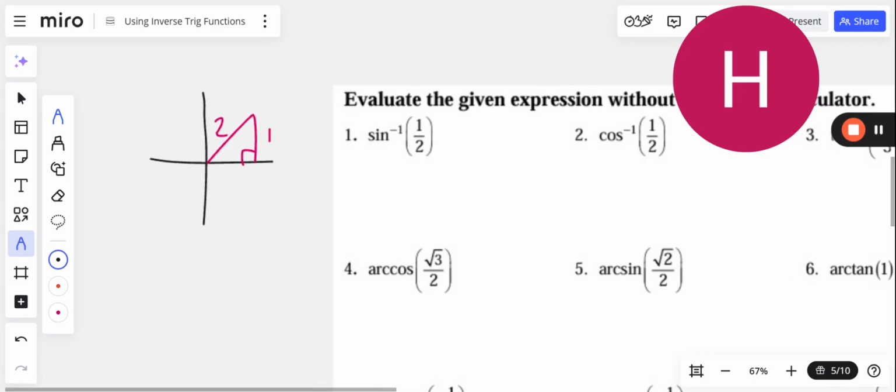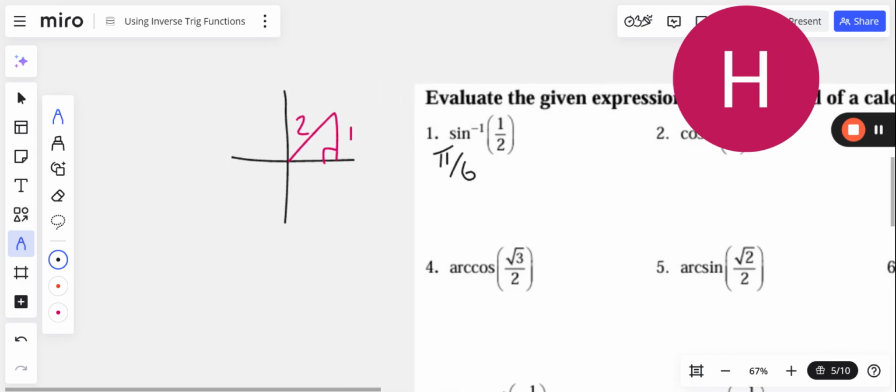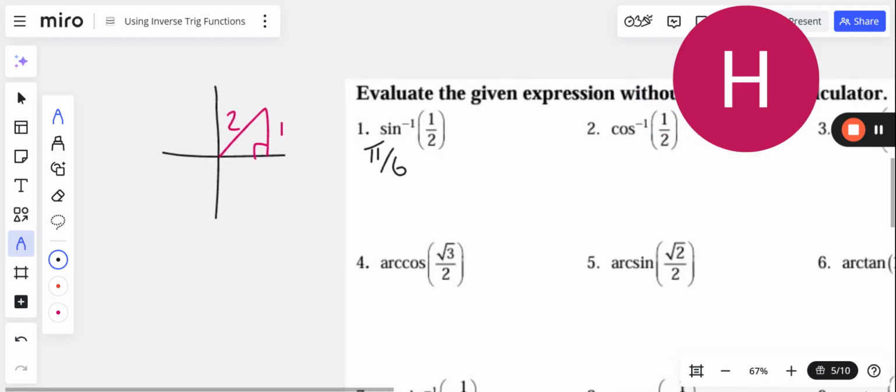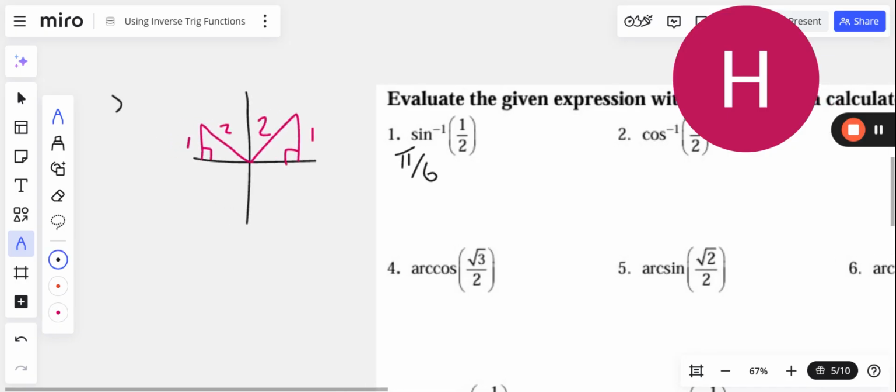So of course this is going to be pi over 6 or 30 degrees. Now it is true that there is another angle which has a sine value of 1/2, but it's not in the range of the function. So even though the angle that's out here with the opposite of 1 and a hypotenuse of 2, that would be 5 pi over 6, even though 5 pi over 6 does have a sine value of 1/2,